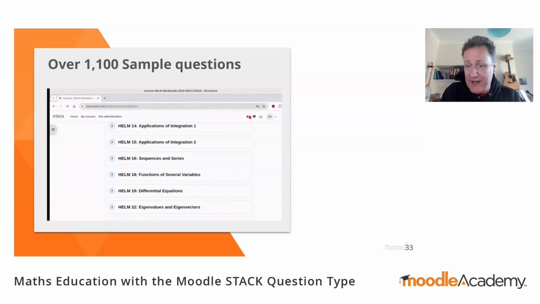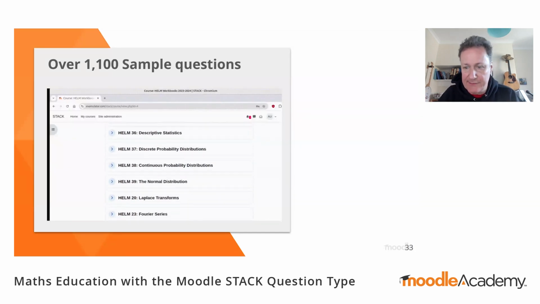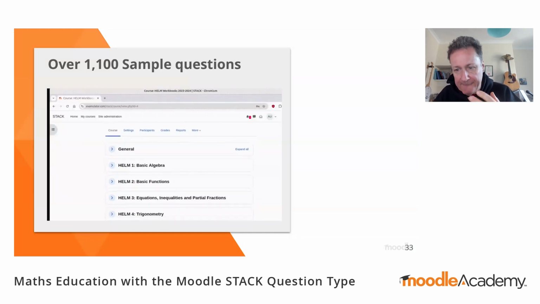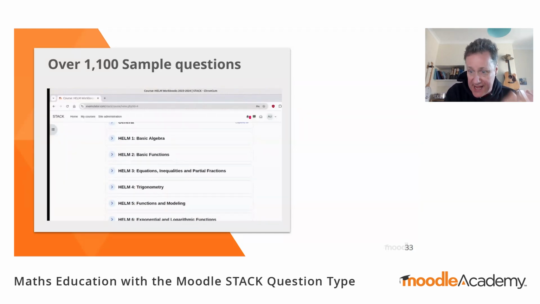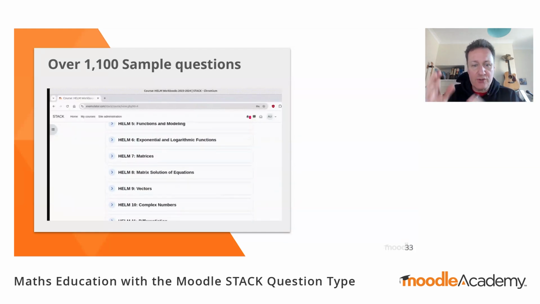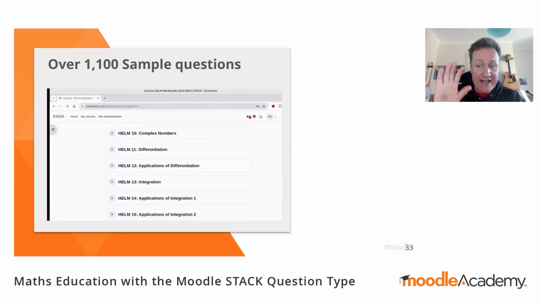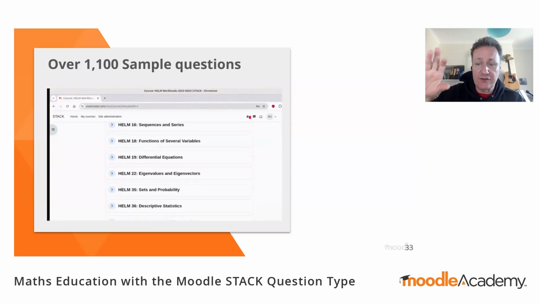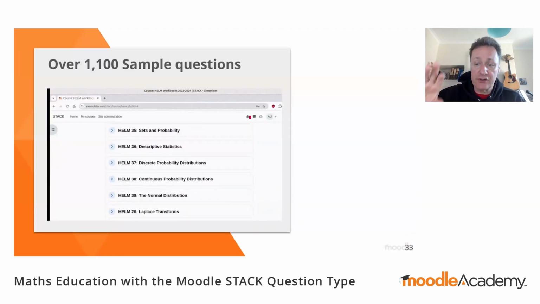And the people who develop Stack, they're professors of maths. They've got PhDs in maths, and they're brilliant. But they're focused on the maths and the Stack question type. And if you're a novice for this, sometimes you have to hunt around for things. They've actually made a very strategic decision to focus more on ease of use and samples rather than new features